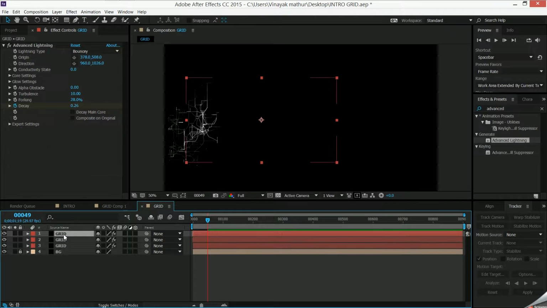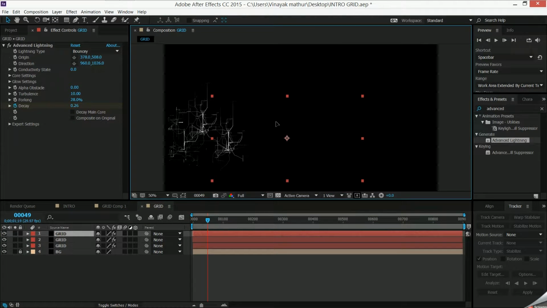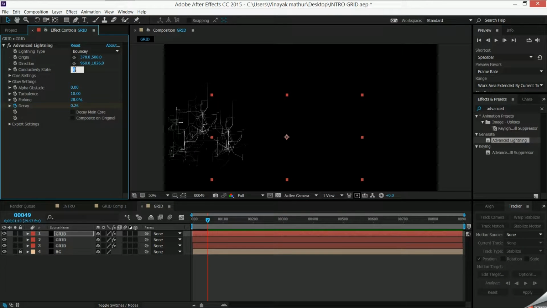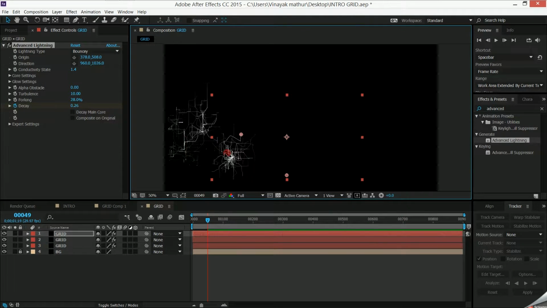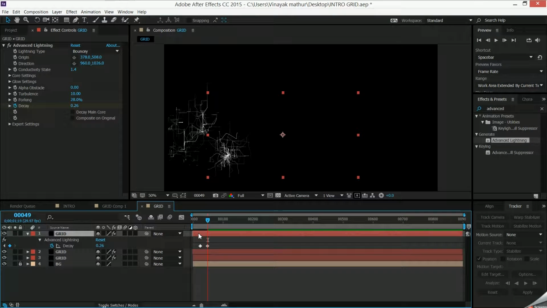I'll again duplicate this layer, change the position. I guess this looks good over here, and I'll change the conductivity state to 1, or actually this one. So I'll go to 1.4, connect these lines right over here, and now offset the keyframes, click and drag across them until they get blue, and then just bring them in on the timeline